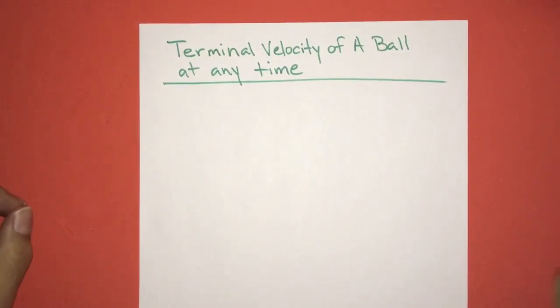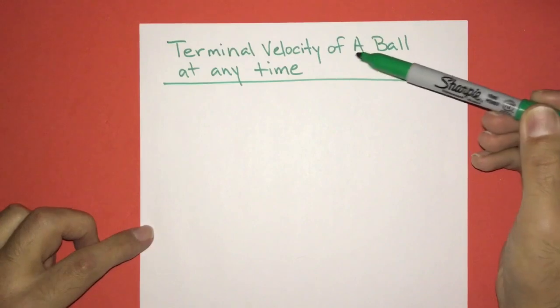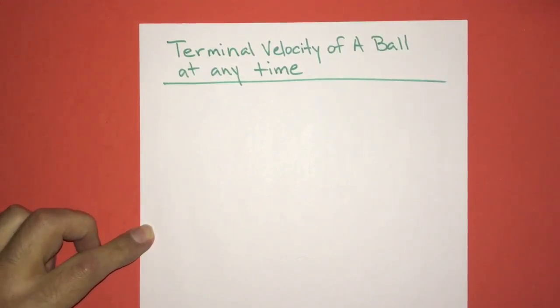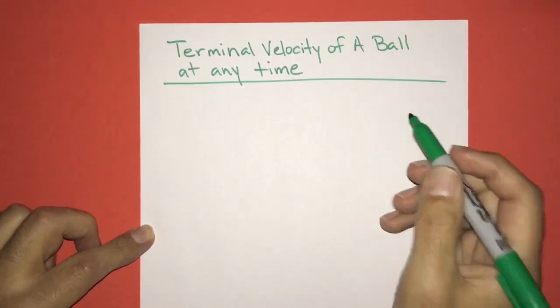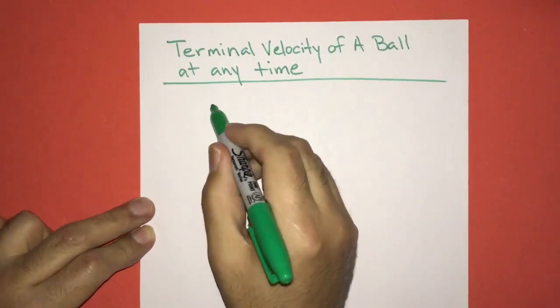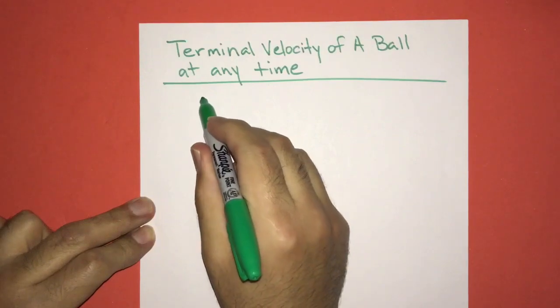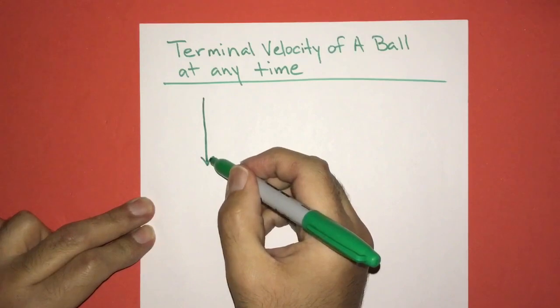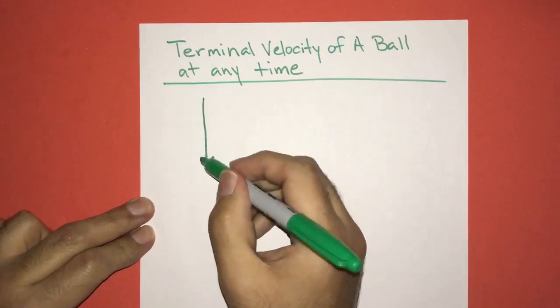Hello, in this video I'm going to be taking a look at the terminal velocity of a ball at any time. Okay, so to get started, let's set up a coordinate system. We're just going to draw some axes, and we're going to take the y direction to be positive